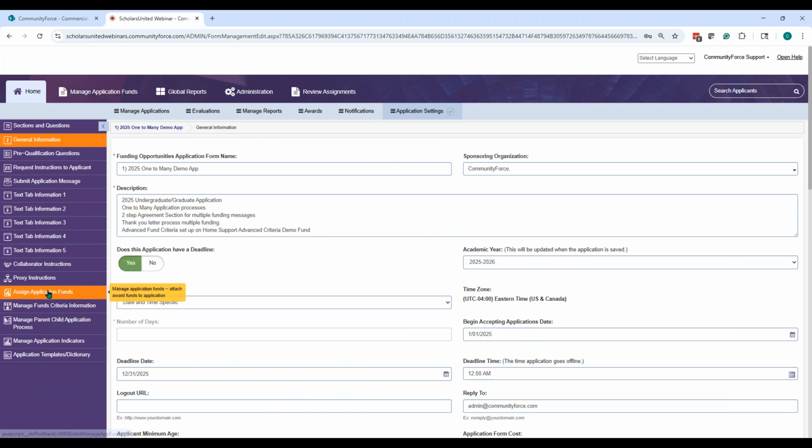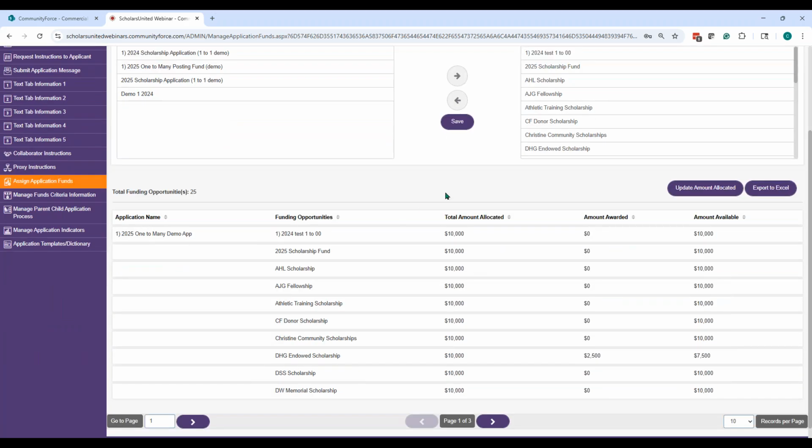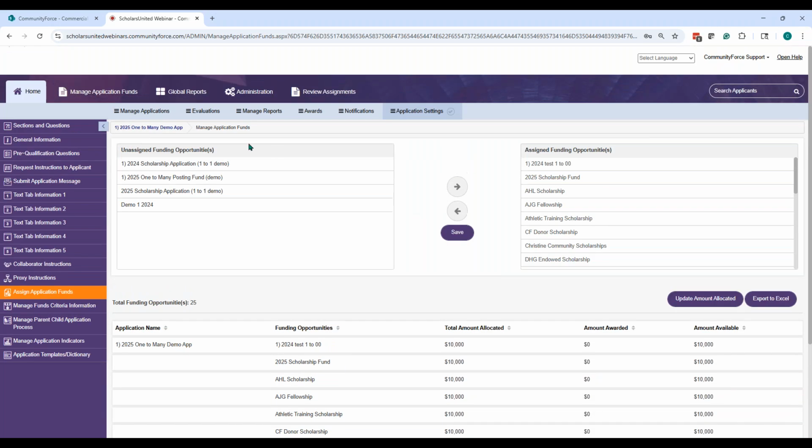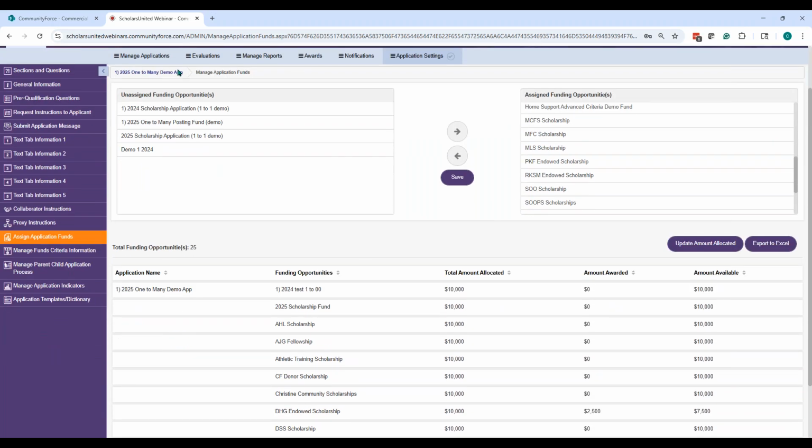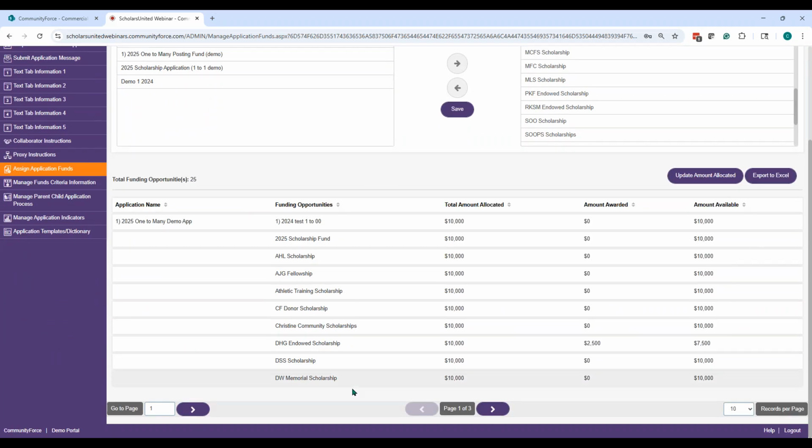So I'm going to go down to the next item here, which is the assign application funds. When you assign the application funds, more than likely you allocated some funding to those funds. So when I open up the assigned application funds, these are the funds that I have for my application form, which is up here. And then these are the funding sources that I've added that I'm going to be using